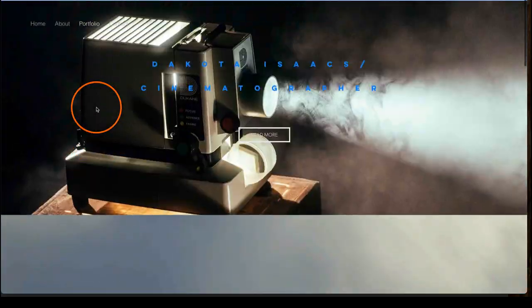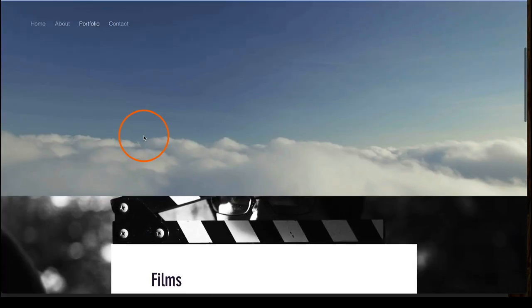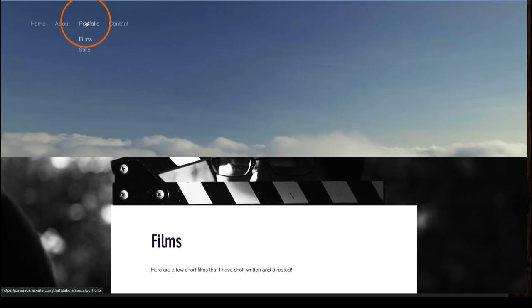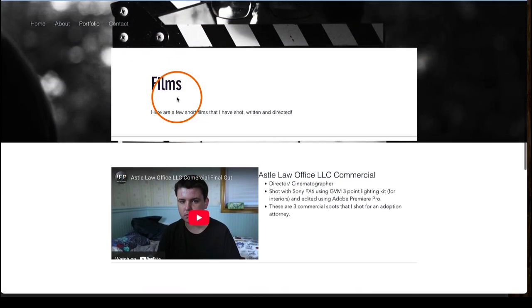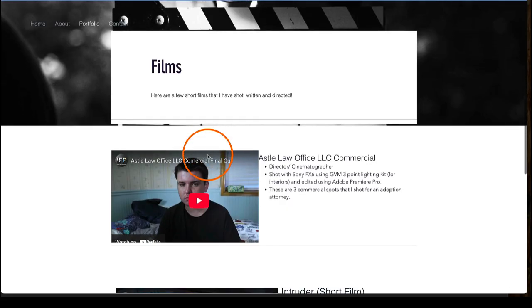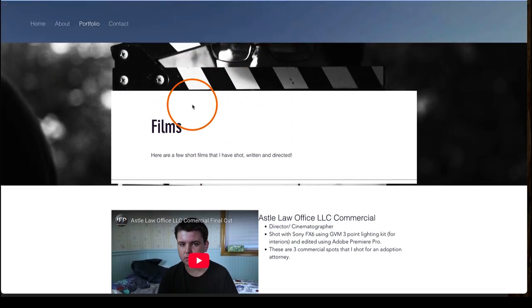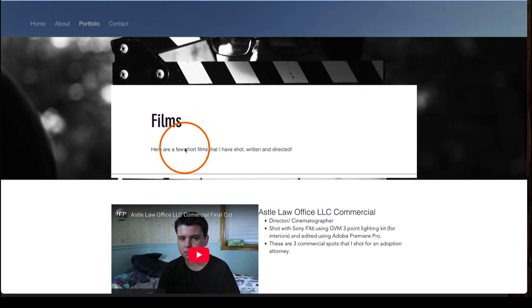It's easy to add all this later, but for your grade this month and for your skeleton to get your site ready, have portfolio and have it link. It can link here, but you could also just have films right here with a little more space here and not have this. But we need to get into the content quicker.